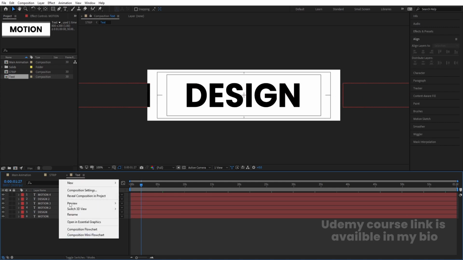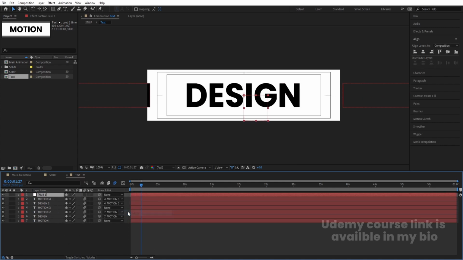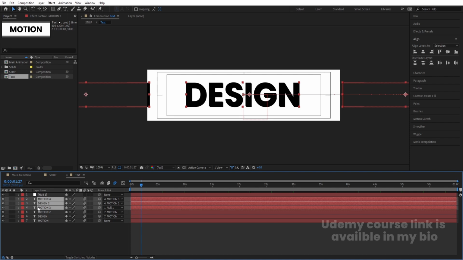Then right click, new, and create one null object, and we will select this layer over here and make it a parent with this null. Select this null. With the help of the up arrow keys, we will move this a little bit upward, then a little bit over here. Now select all of these remaining text layers, I mean these uppermost layers,